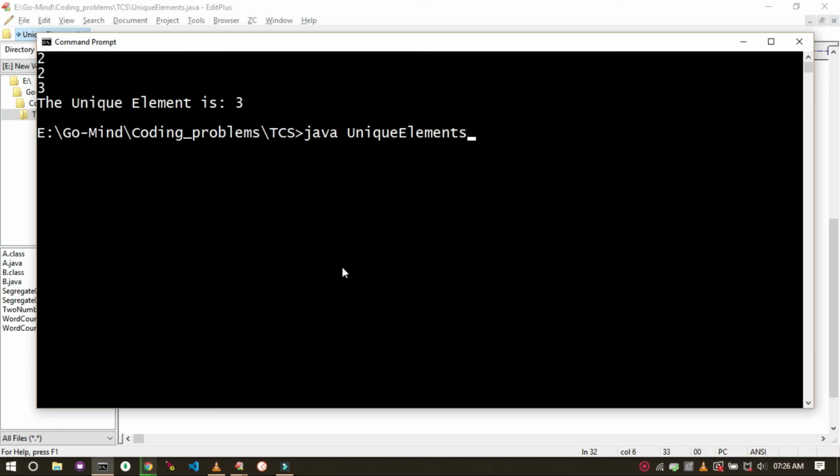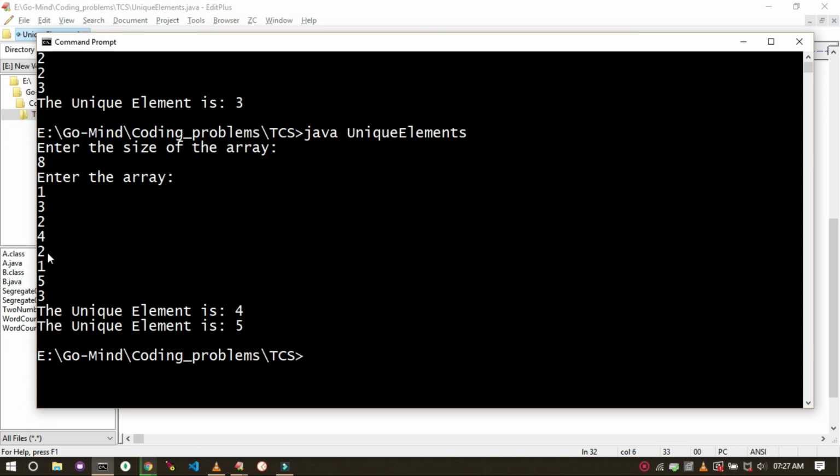Now let's check with one more input, this time 8. Okay, so we are getting all the unique elements. Okay, so that's it. Also the time complexity here is O of n and space complexity is also O of n.